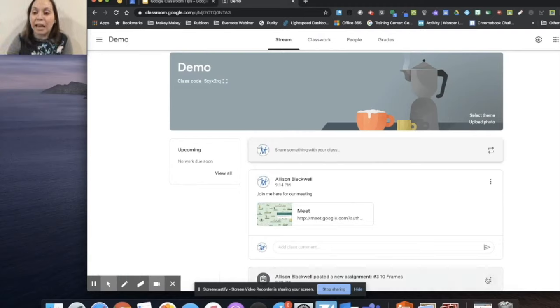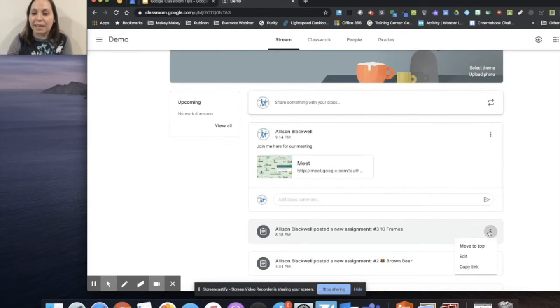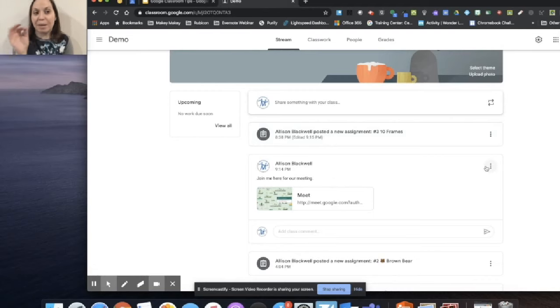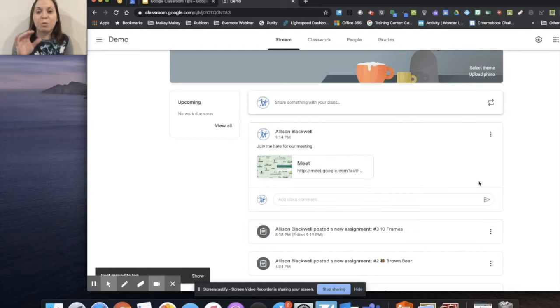You can take any item and move it to the top in your stream. So you'll notice if I were to accidentally move this to the top, let's say if I posted this to Meet earlier and then I did an assignment afterwards, you could see it's kind of down below. But if I want to be right up at the front and center of this, or up at the top, I can select move to top, and this will move that posting completely all the way to the top of